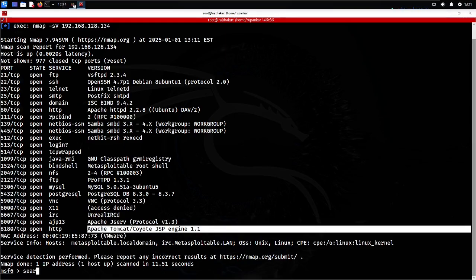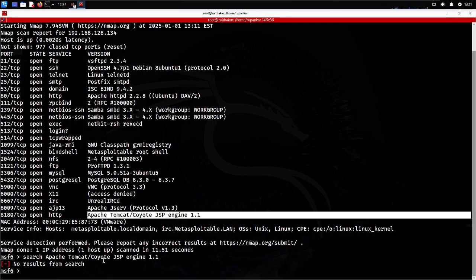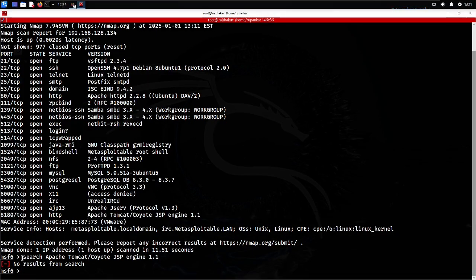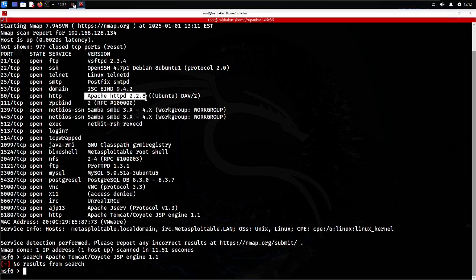Simply search whatever version you get. Simply search for them. There is no version available for that, like there is no exploit available. Then you can Google those exploits, and if you find some exploit on Google, you can look into that. Like if it's VNC protocol 3.3, if there is any exploit available for that, I can look into that. For Apache, check for